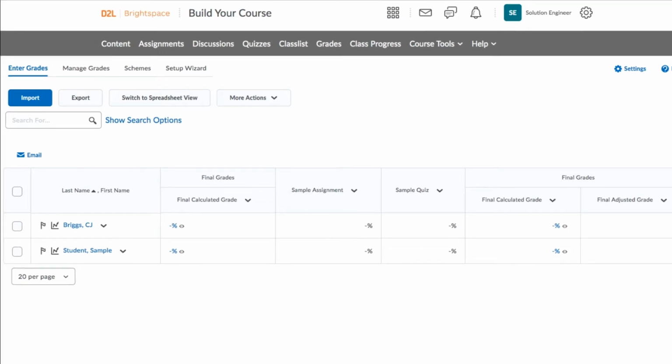So as an instructor, if I want to edit my grading formulas, I can go to Your Course or Build Your Course, and then I want to go to Grades. Once I'm at Grades, we start with the Enter Grades area. There are a couple of columns that have already been added for you, but the first thing you want to do